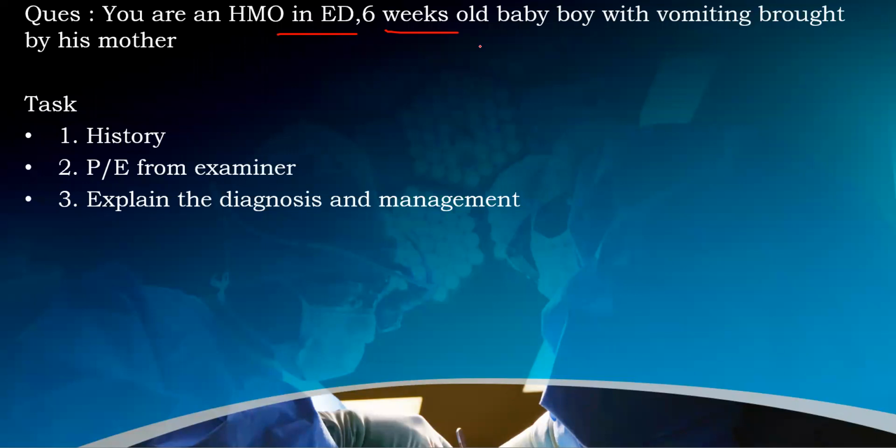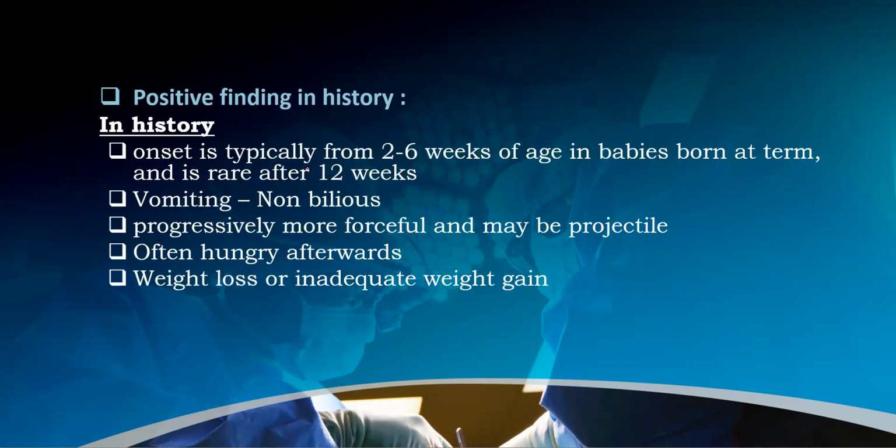It's a 6 weeks old baby coming to you with vomiting. And in pyloric stenosis, vomiting usually will not be there for a long time. The child usually comes within weeks or sometimes even within days because it becomes so projectile and forceful and the child becomes unwell quite easily. And it's very common at this time, like a 4 to 6 weeks old baby. So the finding is,